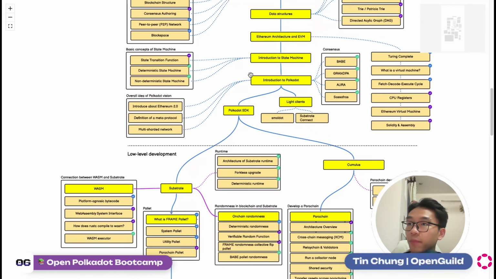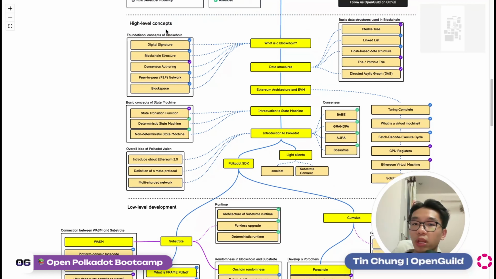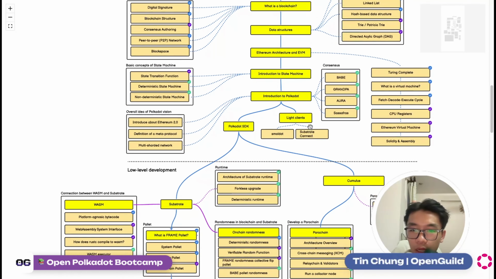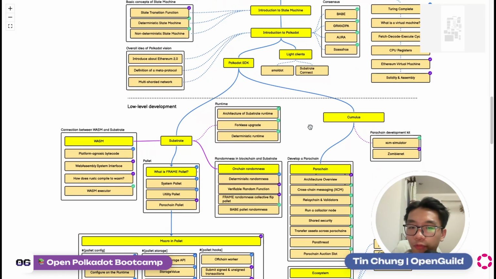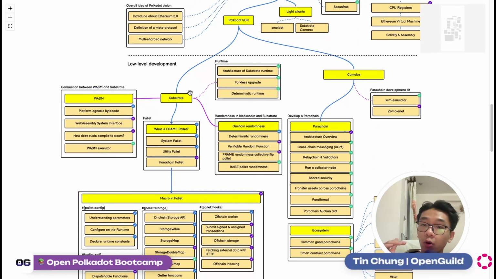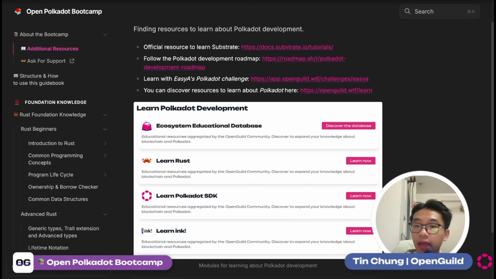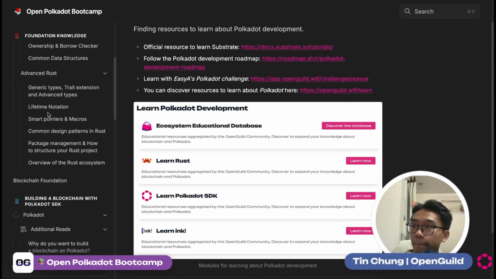Later, when you're already familiar with these concepts, for example, digital signatures, basic data structures using blockchain, the basic concept of a state machine, and the overall idea of Polkadot's vision and consensus, then you can move on to low-level development. And in the low-level development, getting back to our bootcamp,